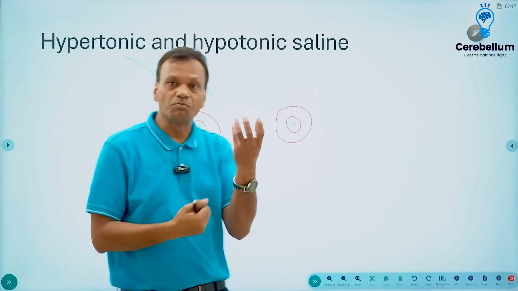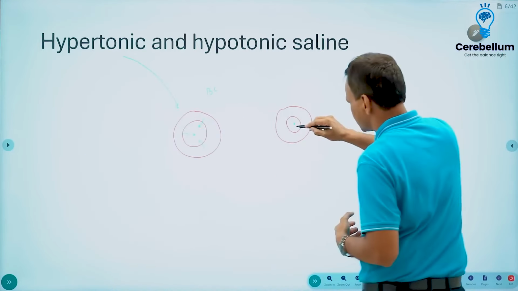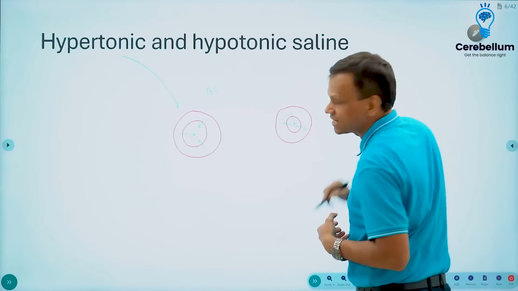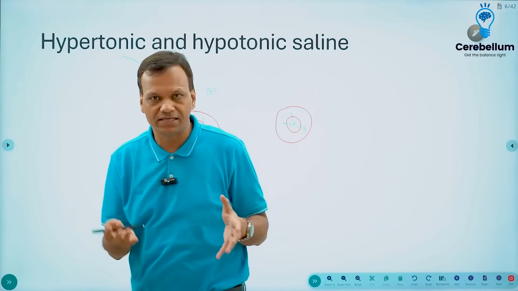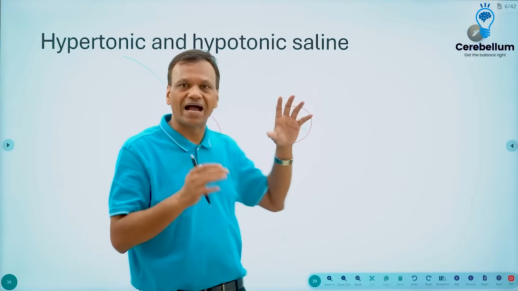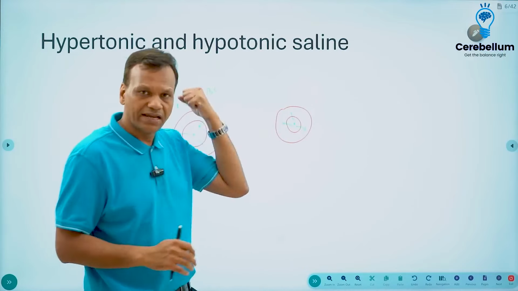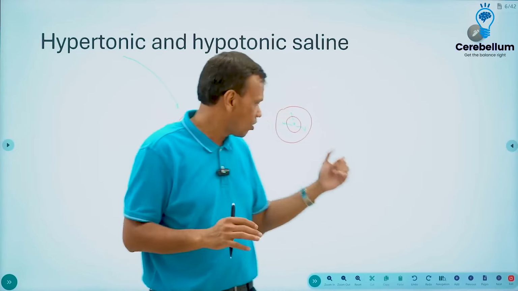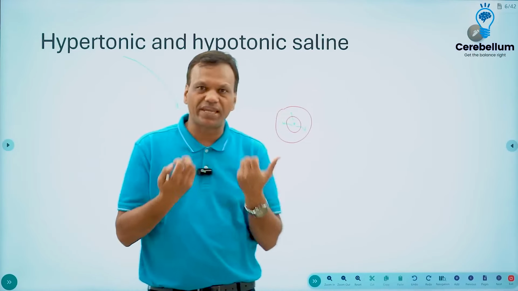The water which is more in the solution will go inside the cells. So hypotonic saline results in swelling up of the cells. And when the cells swell up, they may even burst, they may die. So usually we do not use hypotonic solutions like distilled water by nebulization. We do not use them because they can result in breakdown of cells by causing increased uptake of water by the